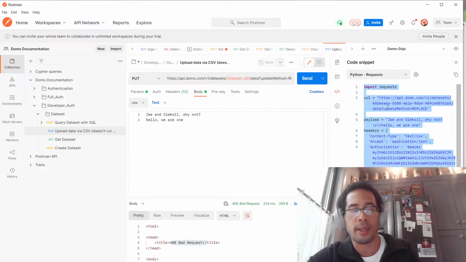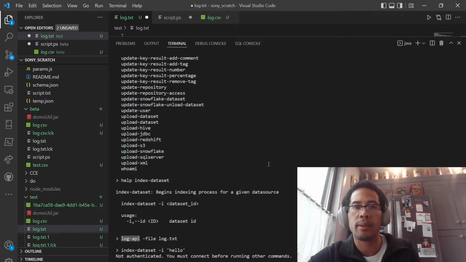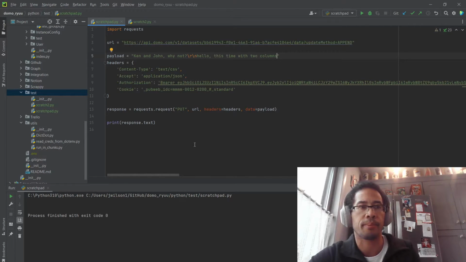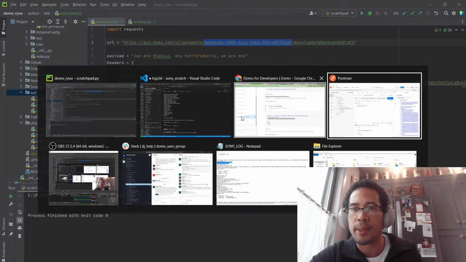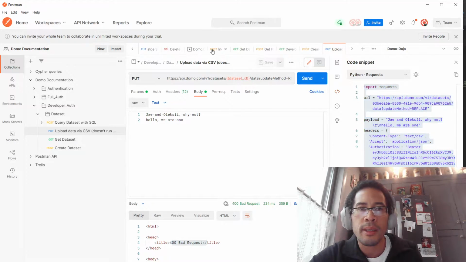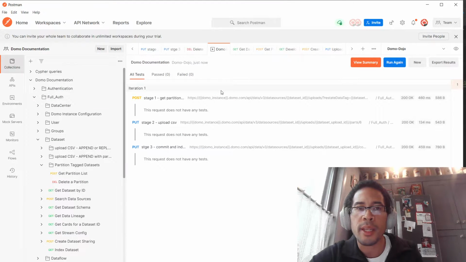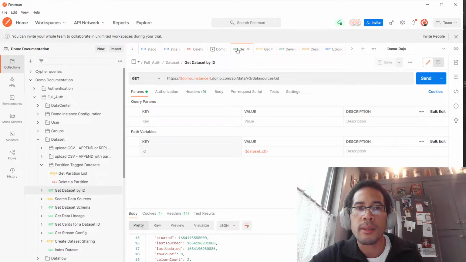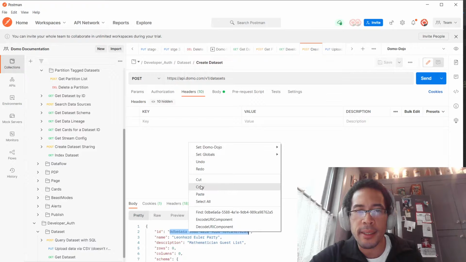So I'm going to come in here, copy. Here's my Scratchpad. Replace the content there. The only thing I need to do is make sure that I have a good dataset ID because I don't think that's been updated. Here's my dataset ID. I'll copy that